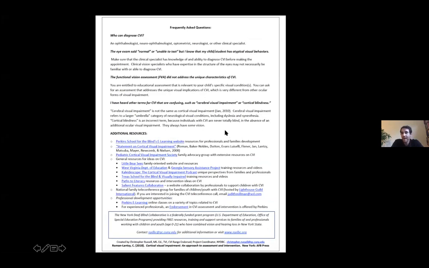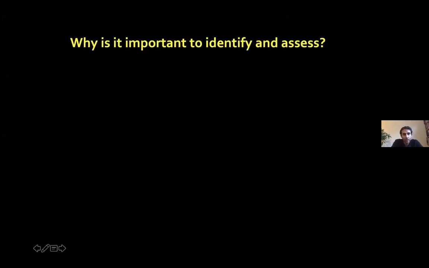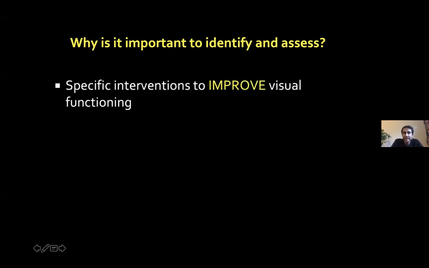And this saves us from having to do an intensive recap or review because we covered all of this last time. Okay. This is just a very brief little recap on some of the critical points that are unique about CVI. And I want to reemphasize that CVI is different from other ocular forms of visual impairment because with the right interventions,